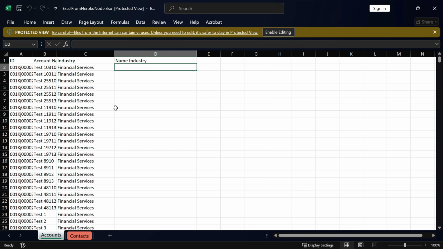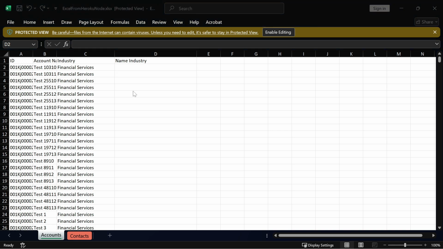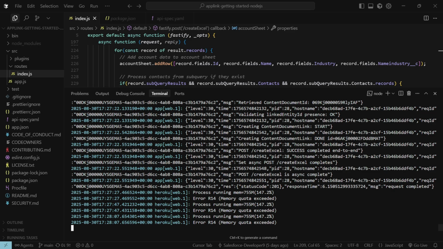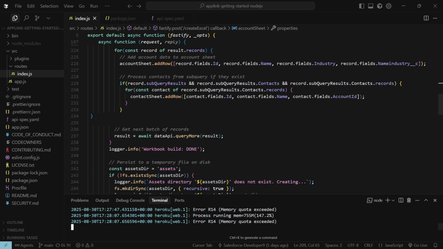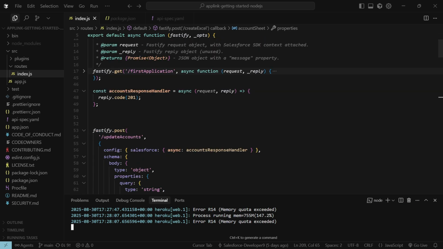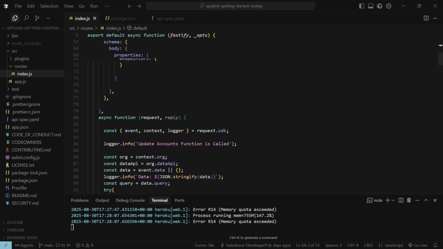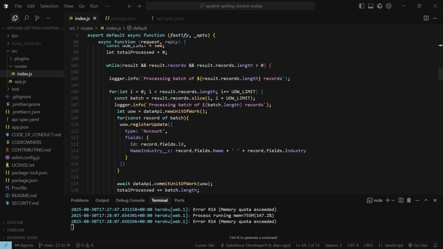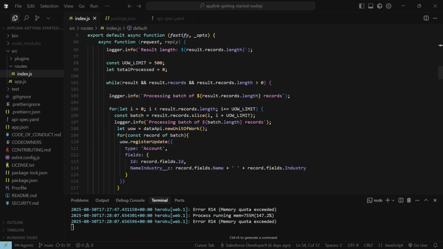So I would like to simulate a performance intensive job where we have to process lakhs of records. Again, same thing, we have to process this 1 lakh records and update this name industry field. So let's just see this use case as well. For this also, I have a solution written here, and that is this one. I have this solution, update accounts, and what it does is, using the Salesforce SDK provided by Heroku AppLink,